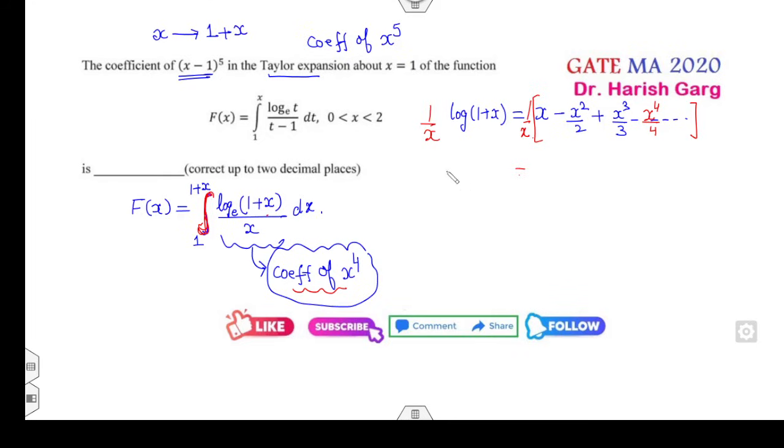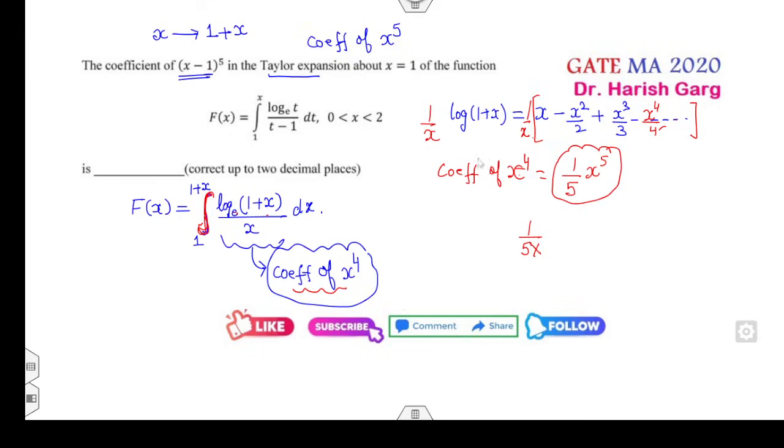So what is the coefficient of x raised to power 4? तो power 4 के लिए यहाँ power 5 चाहिए, so that will be 1 over 5. ये चीज बनेगी ना आपकी. क्लियर? ये चीज आएगी ना यहाँ पे आपके पास. क्लियर? नाउ यू कैन सब्स्टिट्यूट दिस वन. तो आपका कितना आंसर हो जाएगा? इफ यू इंटीग्रेट देम, it is 1 over 5 into